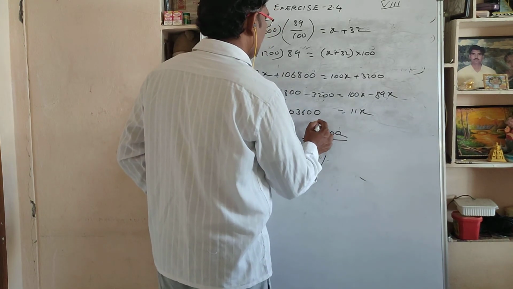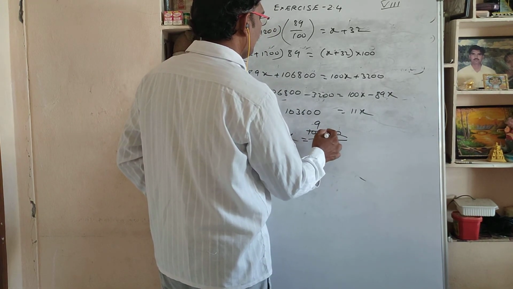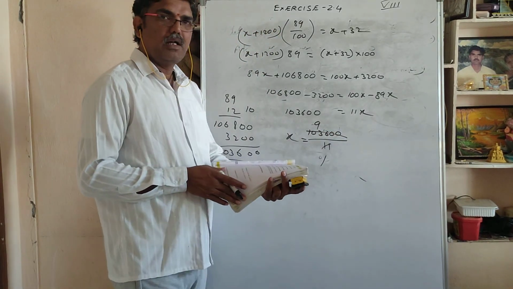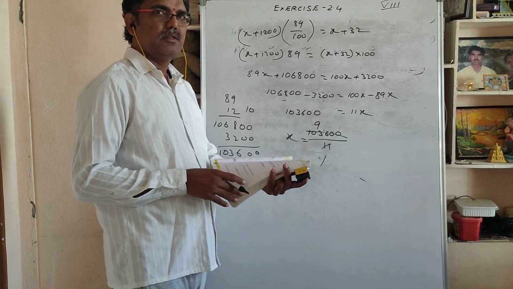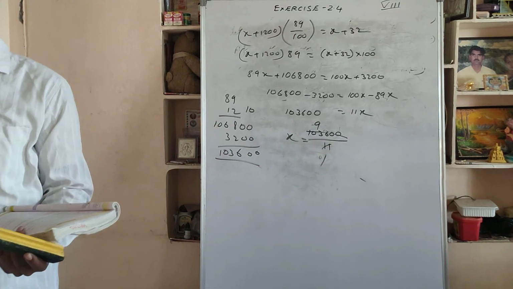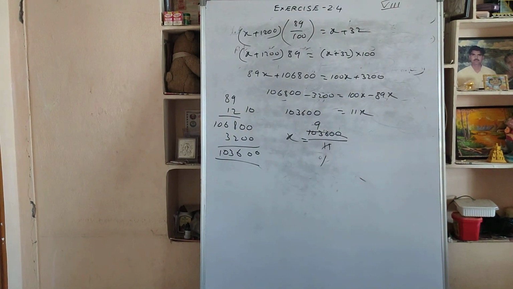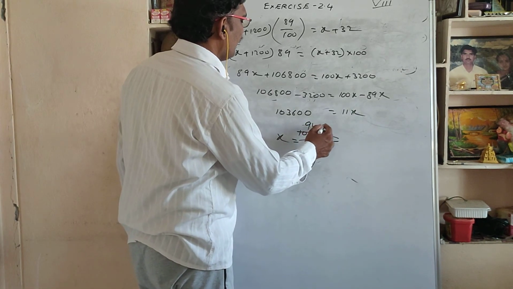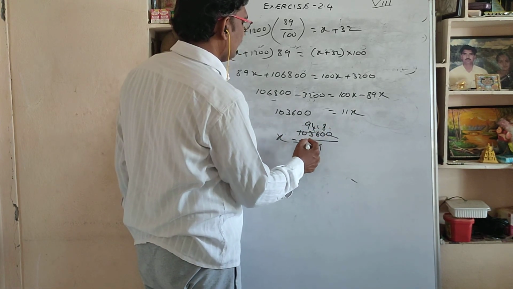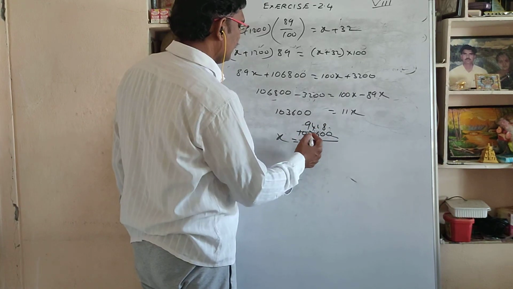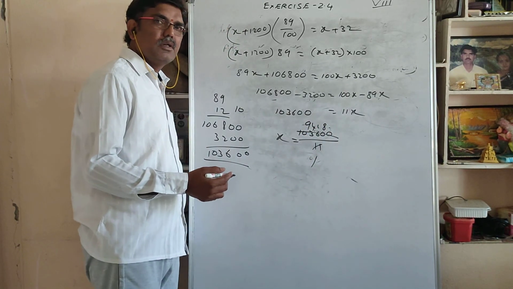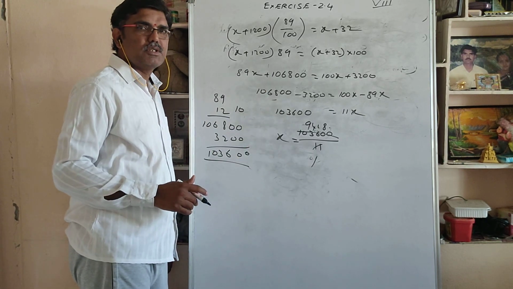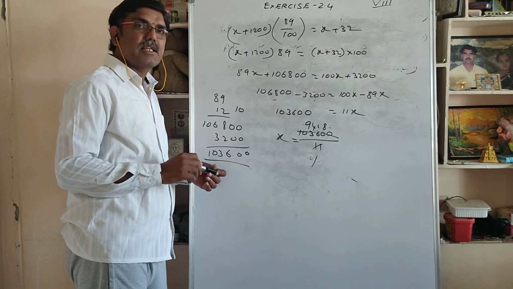11 ones are 11, 11 nines are how much? 99, which means 4 will be there. You are not getting an exact answer. So it is 9418 point something that you are getting. It is approximately 9,000. In the textbook they have given 10,000. Leave it. It is the procedure. Tomorrow or next class we'll see it. Thank you.